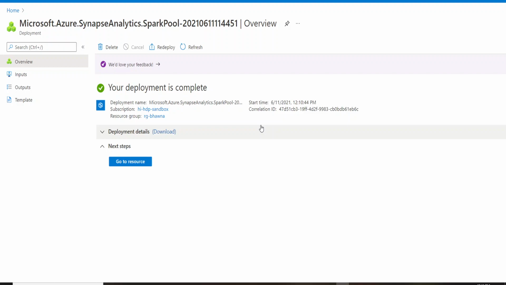So when we created this Spark pool, we defined set of configurations. So these are the configuration which actually creates a Spark pool. So your Spark pool is actually a metadata definition of different properties which you add while creating a Spark pool.